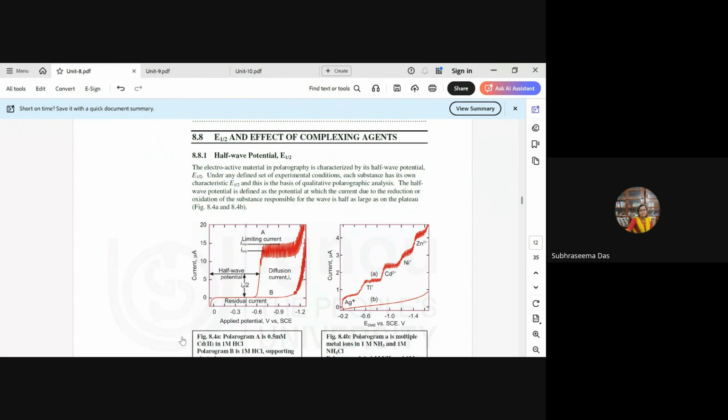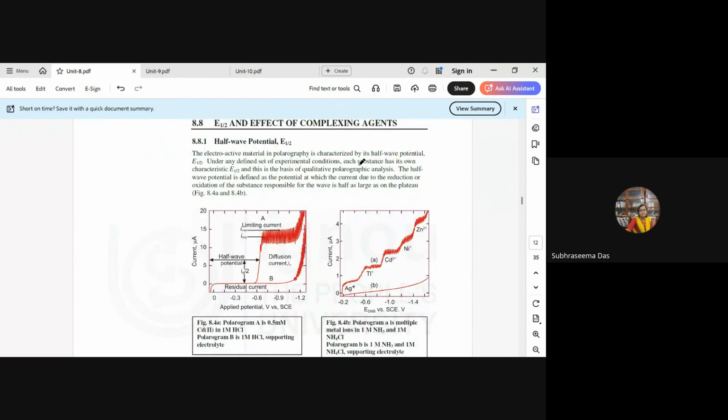So now coming to E half and the effect of complexing agents. What is E half and why is it necessary? E half is the half wave potential. The electroactive material in polarography is characterized by its half wave potential, that is E half. Under any defined set of conditions, each substance has its own characteristic E half, and this is the basis